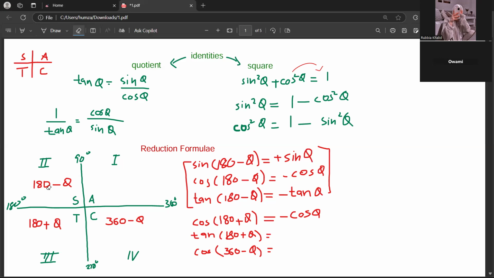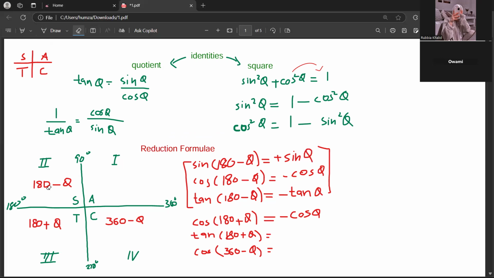That's why we say that the house next to the 180 degrees line on the Cartesian plane is where the 180 plus theta angle will live. Now we know that the reduction formula 180 minus theta lives in quadrant 2, and all the values of sine are positive in quadrant 2. Then 180 plus theta lives in quadrant 3, and all the values of tan are positive in